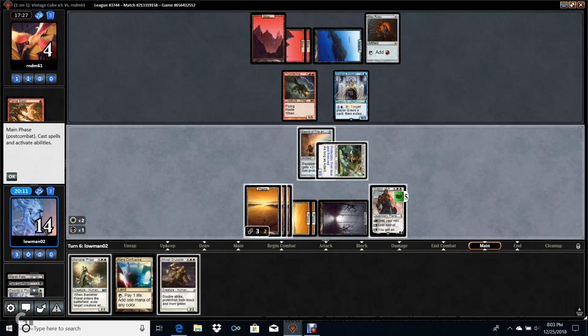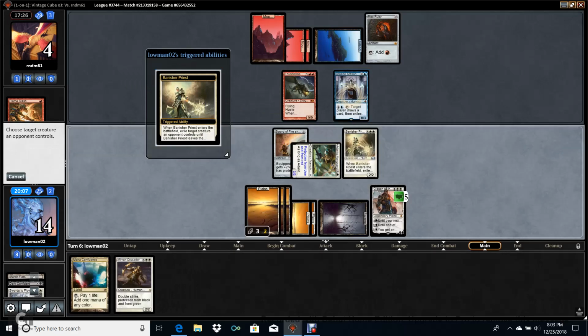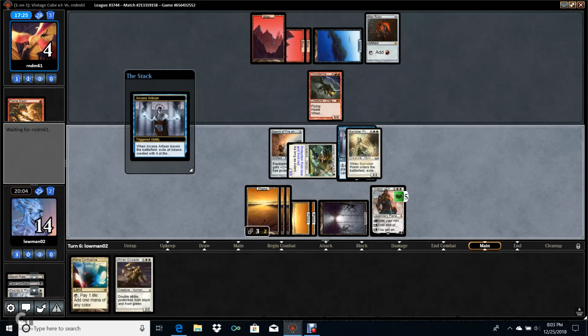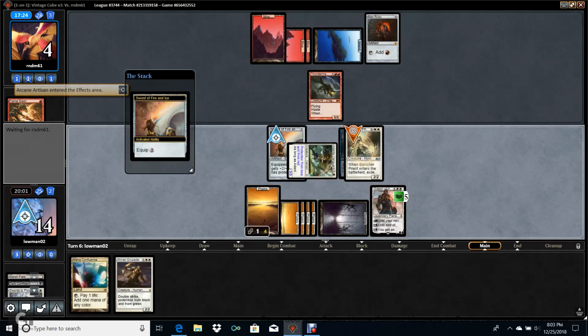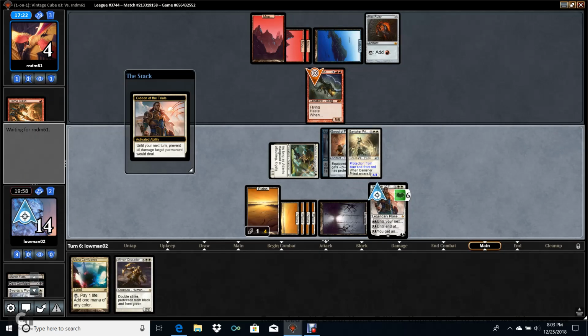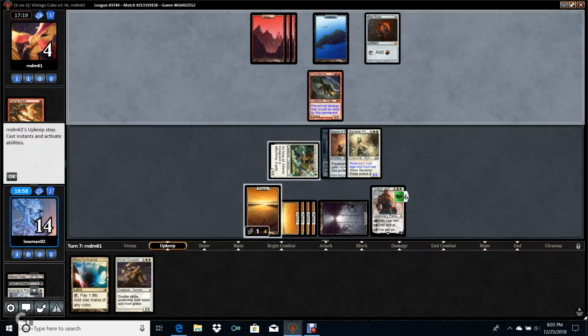All right, we're going to see if this sticks, and if it does, I'll probably equip a sword to it, because this is another way to get Emrakul into play. Put the sword on it to protect it. If this doesn't work, that sucks, but...